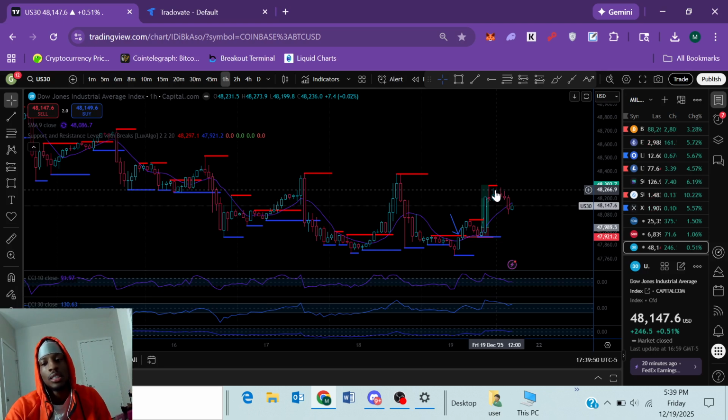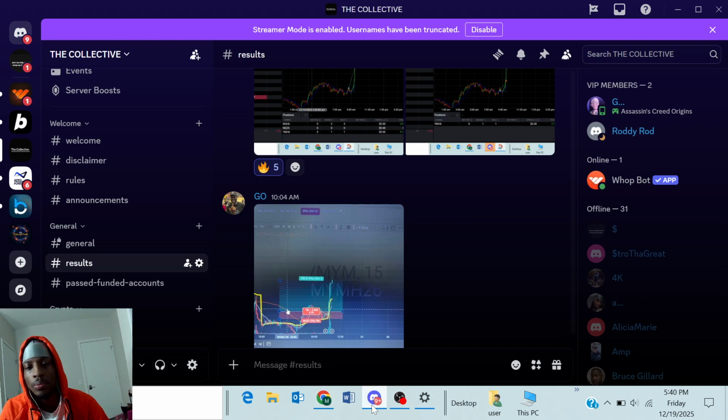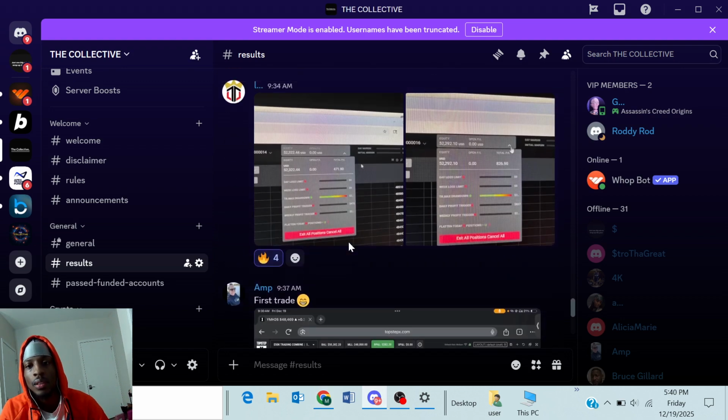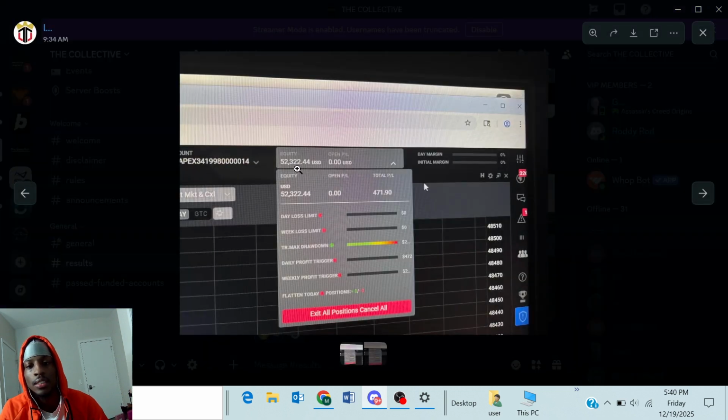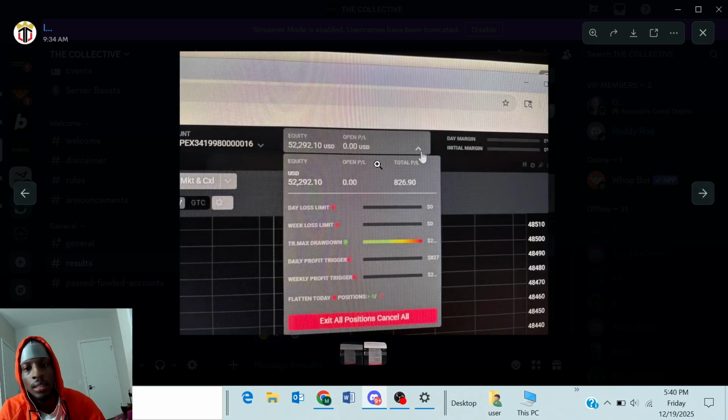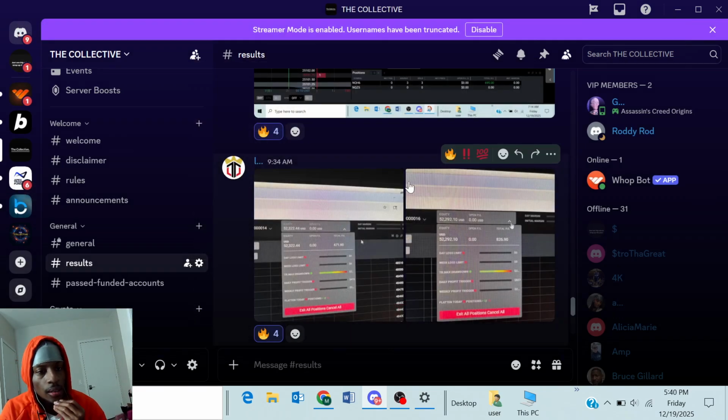Also a good trade, especially with it being holiday season and the market slowing up a little bit. As you can see, a lot of people making money. The person that took their first trade today made money. There are people that passed accounts this week, and some people that are very, very close to passing their accounts. For example, we have this individual here who is a little less than 700 away on that account, and just over 700 on that account from passing. They just already passed another account. They just passed 200 accounts within the last week and a half.